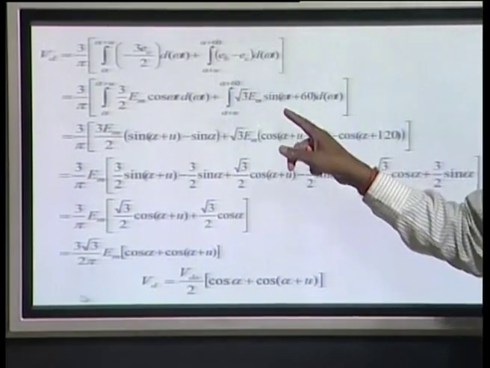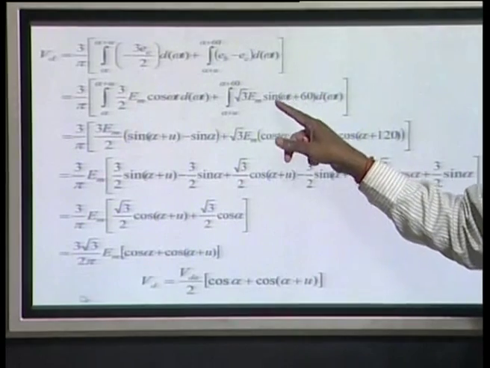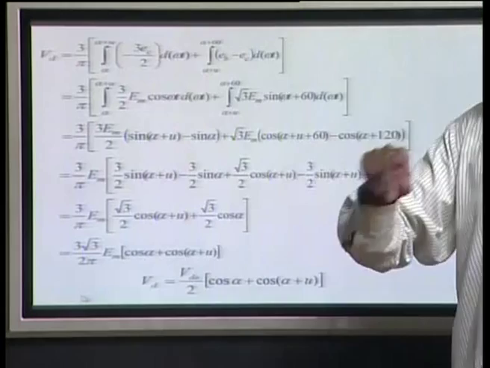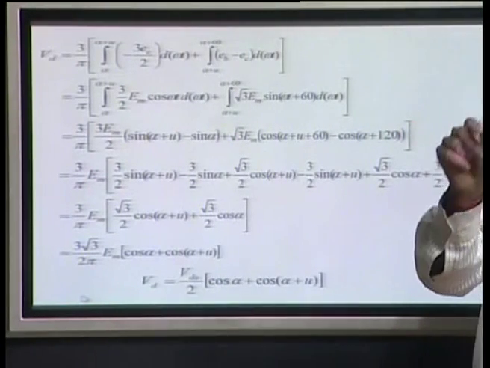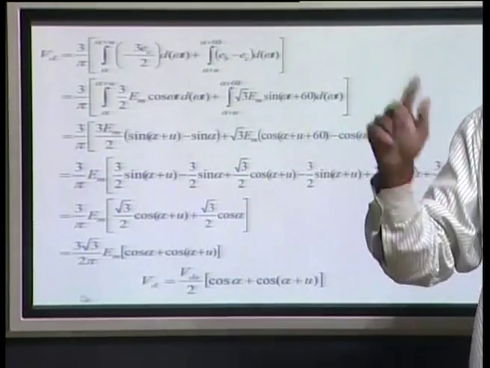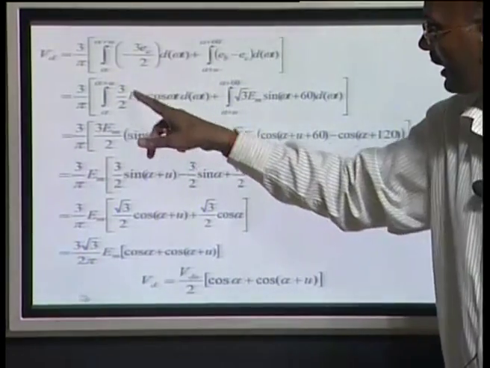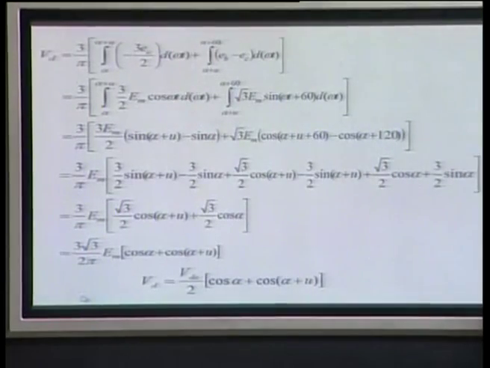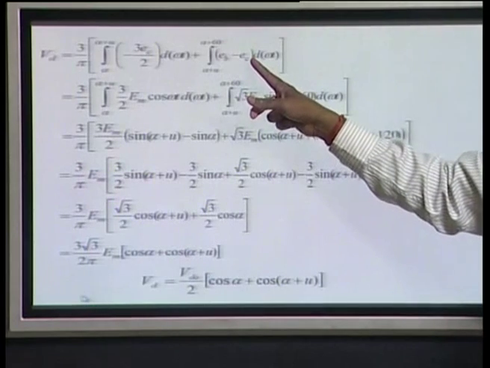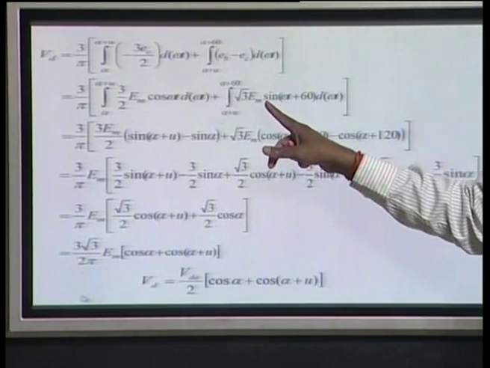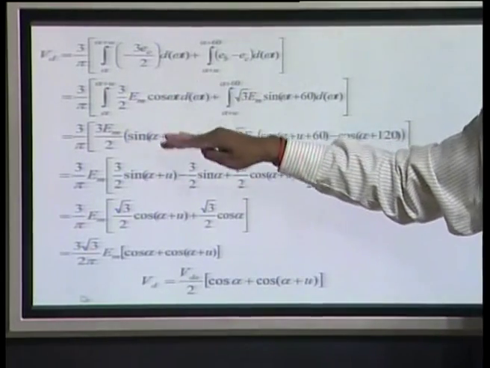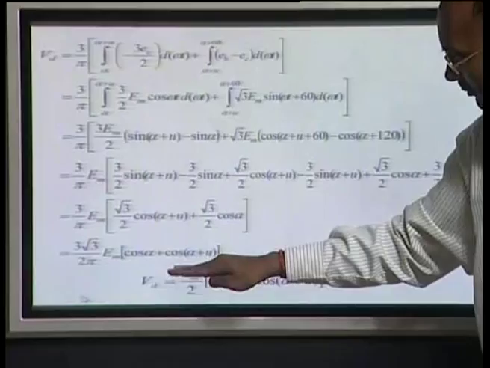Similarly, here EBC, it was a 60 degree lead. Here I changed, because the EC was in the sine component, it was omega t plus pi by 2 sine, then it is a minus cosine omega t, and this minus has gone. So this component is appearing here, and this is the line to line voltage EBC, which means it is under root 3 EM. This was your phase voltage, so that is why it was EM here. Simply you integrate it, put the values, you will get this value.